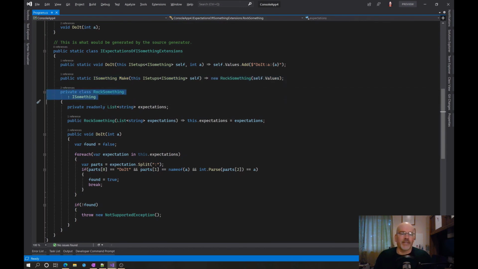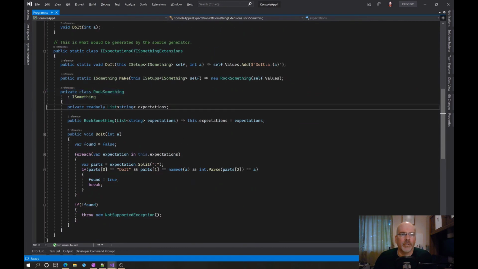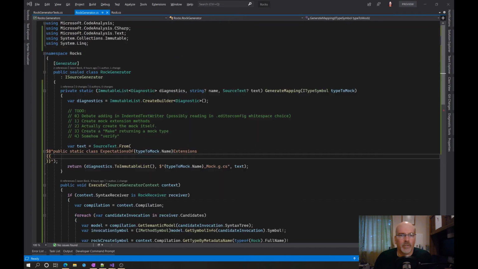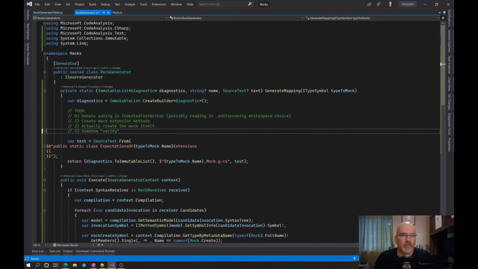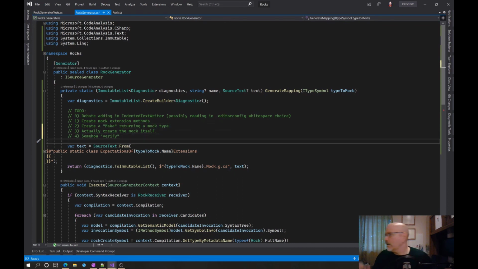So you can just pass that in, or you can generate this and then actually generate the mock type. It won't be correct code until this is actually done, because this will be like, I have no idea what Rock something is. But yeah, so we can actually say, we'll switch the order on this. Okay, so I will commit this